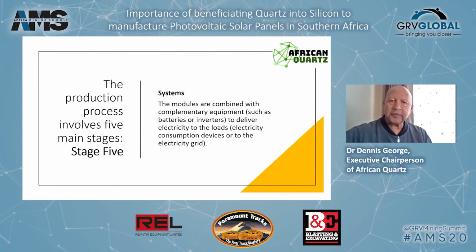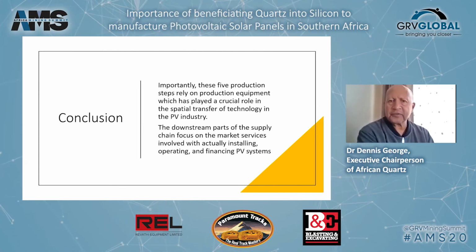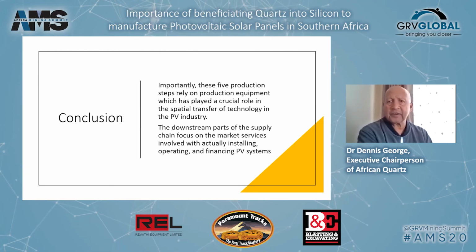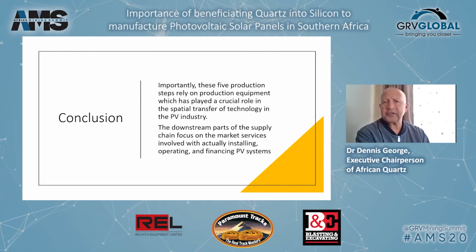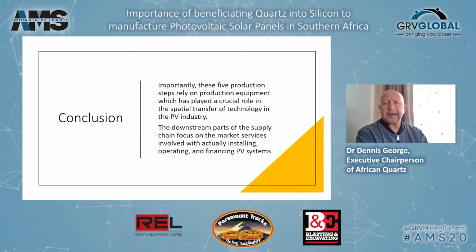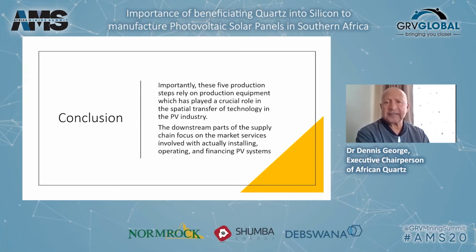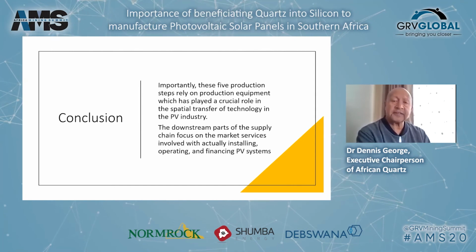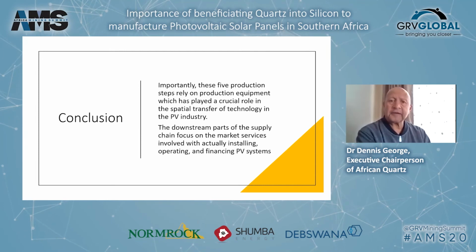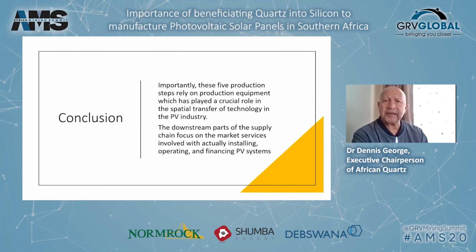And this entire process, in conclusion, deals with the 5 production steps on the production equipment, which plays a crucial role in the spatial transfer of the technology in the PV industry. And this is the most important part, and this is the reason why many African countries are importing the modules, which could easily be manufactured in Africa. In other words, you apply the 5 steps and you can add a mining part at the beginning,